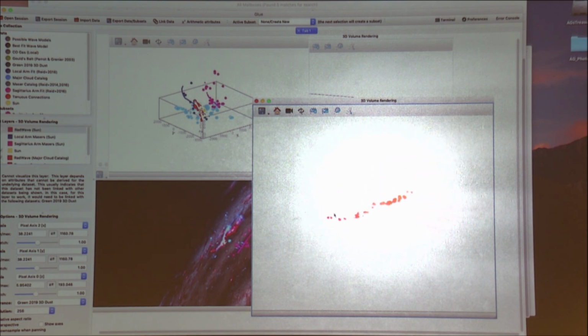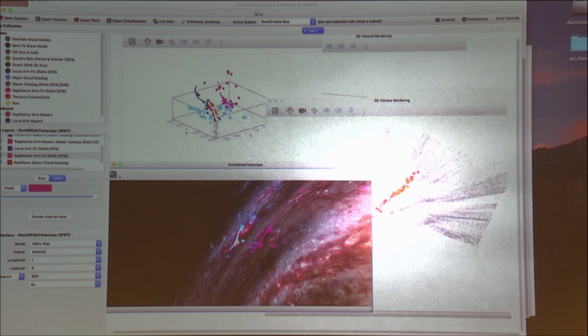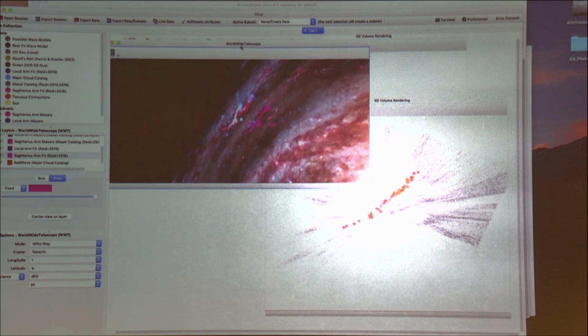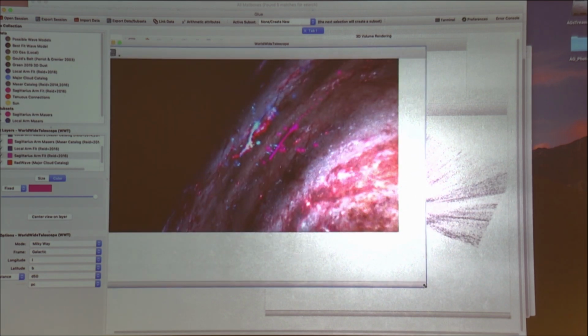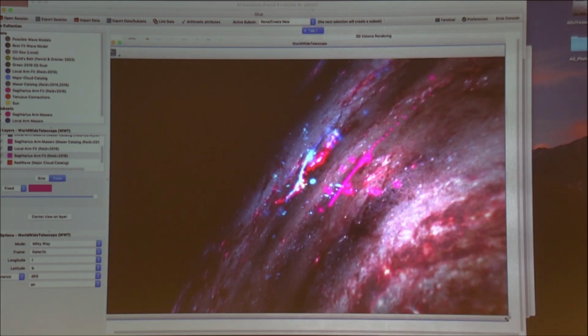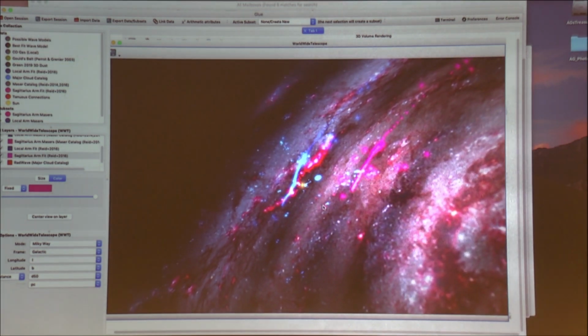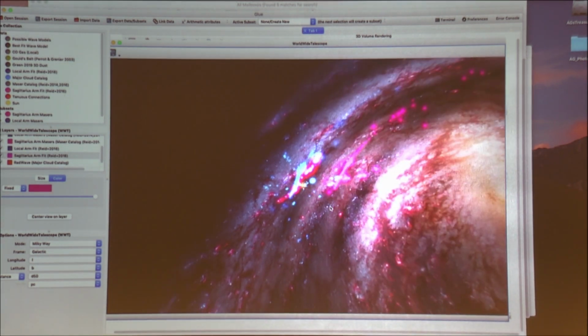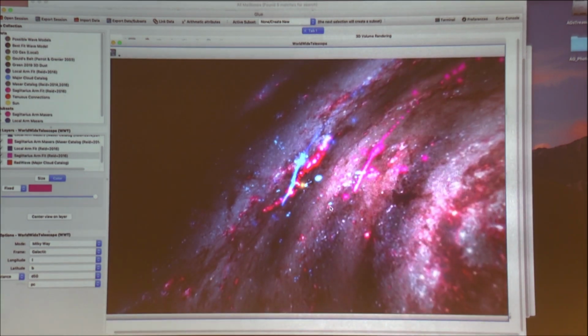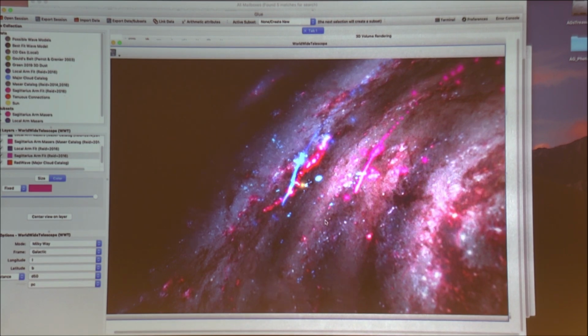So now you can see how those red points line up with the true 3D dust map. Okay, but the really fun thing is if you actually look here. This is, for those of you who care about visualization and that kind of detail, the WorldWide Telescope inside of Glue. Here I can have a cartoon model of the galaxy, which was made by Robert Hurt in consultation with lots of people who work on masers and H2 regions, and they put their heads together and made this sort of data-driven cartoon.